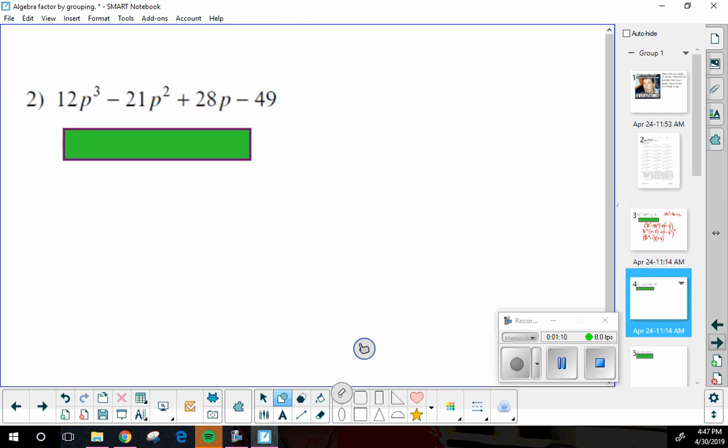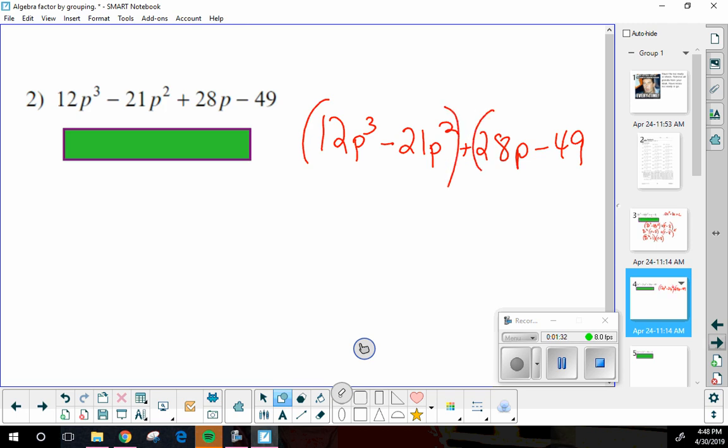All right, our second example then, I will rewrite it, and you should be writing this down too if you're watching this video in class: minus 21p squared plus 28p minus 49. So I'm going to group this here and here because I see that this has a greatest common factor of 3p squared. So I would multiply it by 4p to get this term, and then minus 7 to get that